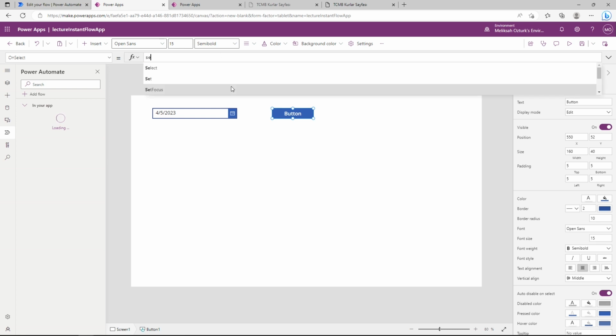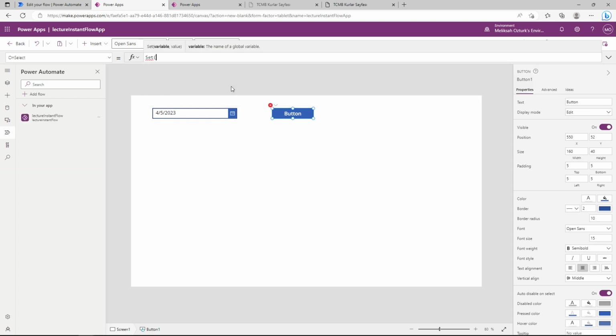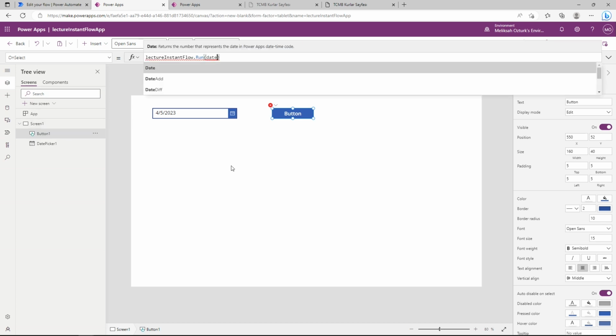So what we have in here is lecture instant flow dot run. We need to put something in here to give it a specific date, and for this one we can use date picker selected date,